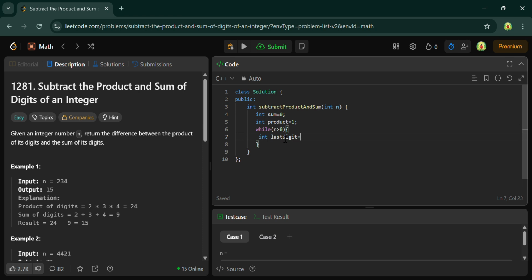int last digit is equal to n modulo 10, and sum plus equals last digit, and the product you will find by product times equals last digit, and n equals n divided by 10. Okay,